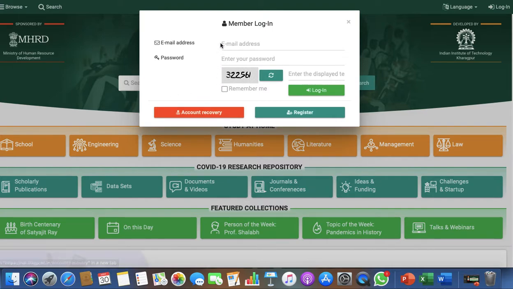After registration, go to that email ID and password, type this captcha and log in. You can save your previously seen items, web pages and content. That will be the benefit of member login.